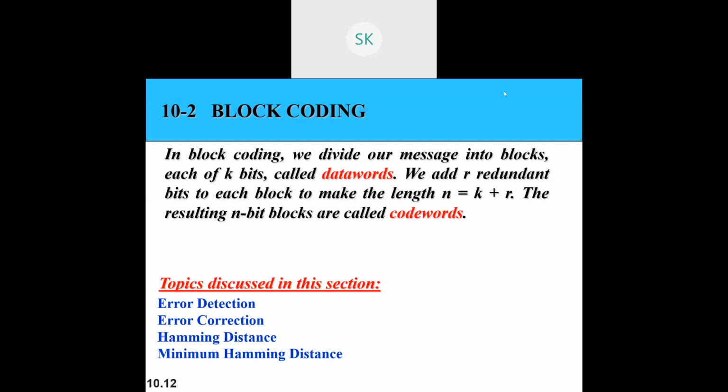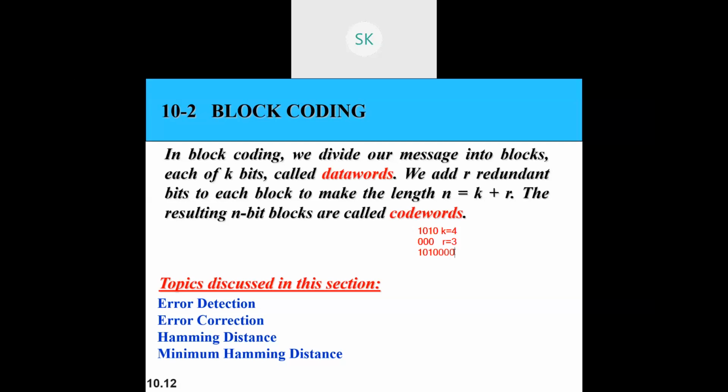Suppose I give you an example. Suppose I have data 1010. So 4 bits of data, and K becomes 4. Redundant bits, as many as you want, you can add. Maximum 3, I told you. So if R is 3 bits, I'll say 000 at the beginning. This is R equal to 3. Now, when you add this, it should not be modular arithmetic. You are just combining those two things. It's a string addition: 1010 followed by 3 bits.